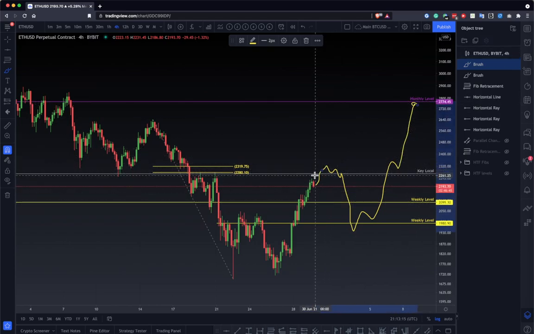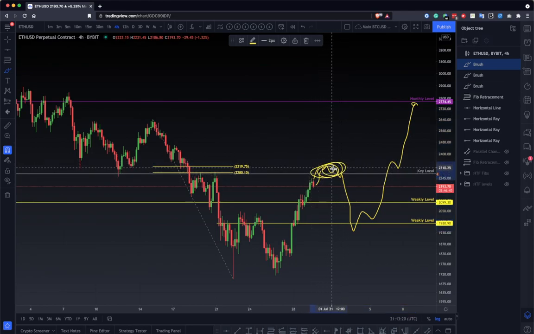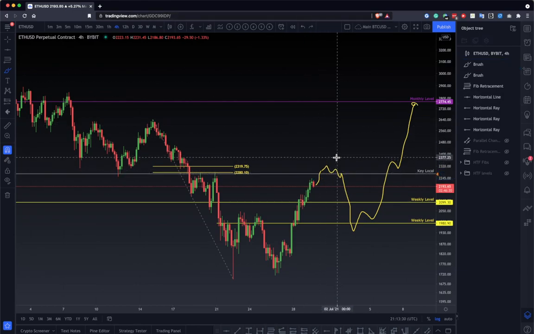So for me, this is the first time I look for shorts around here. I don't really like to buy here for now. I don't personally like to buy here because I feel like it will lose the level, and then if you test it again as a resistance, it can come back down because you are in a heavy resistance zone and you have a key level. You have at least, you can come back to this level, which can